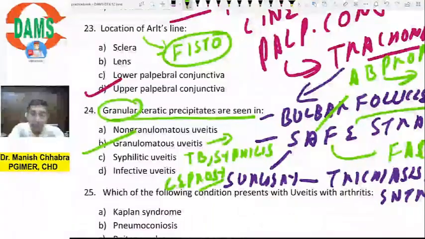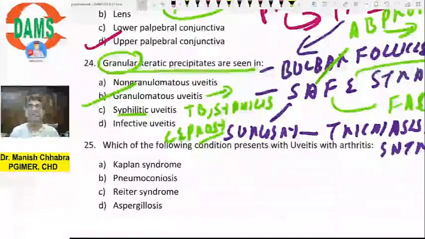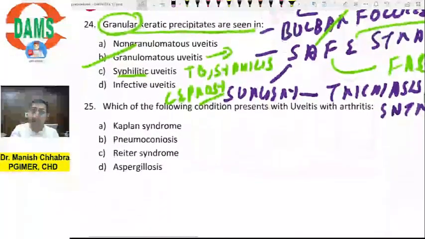So these 3 causes cause granulomatous uveitis. Now you would say, sir, okay, there is an option of syphilitic uveitis as well. Should we not mark it? No. Granulomatous uveitis is a broad term, right? So granular keratic precipitates are seen in syphilis, but they are not specific to syphilis. They are specific to the granulomatous form of uveitis, which can be due to tuberculosis, which can be due to leprosy. And based on this, you will mark this. So this was again kind of a googly to check the intelligence quotient, IQ level, right? So you will not mark syphilis, you will actually mark granulomatous uveitis. Understand? Okay, moving on to the next question.